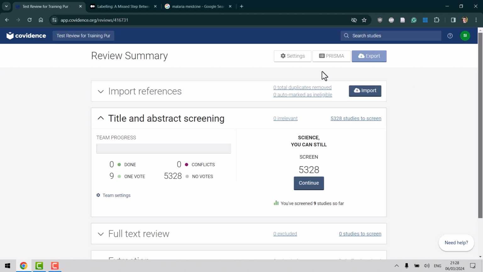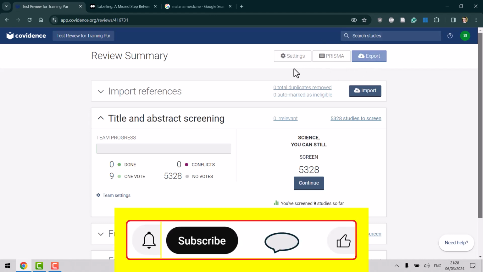And at the end, you have the option for Prisma. This option will be very accurate if you are using Covidence for de-duplication as well. Otherwise, you need to amend what you are getting from the Prisma diagram that Covidence provides you. And at the end, when you are done, you have the export option, so you could get the references out of here